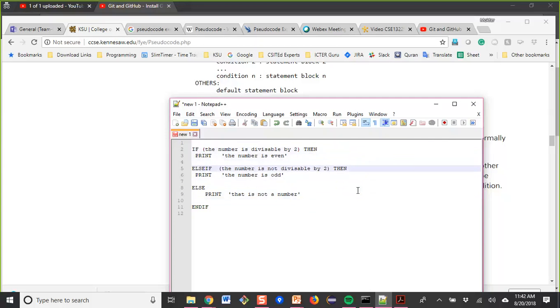If this condition is true, ELSE IF this condition is true, if the number is not divisible by 2, not divisible means there is a remainder of 1, then this is an odd number. So otherwise, if either of these two conditions is not met, then definitely that is not a valid number. So that is not a valid number. Okay.